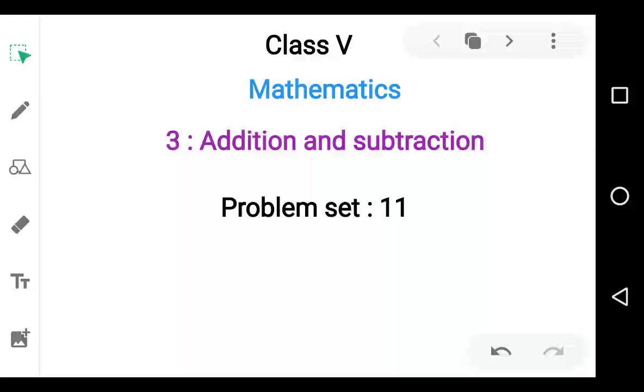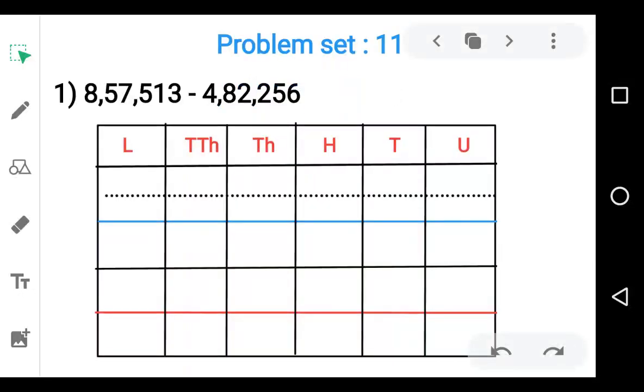In the last video we learned how to subtract 6 or 7 digit numbers. Now we solve problem set 11. Here it gives two numbers, and we have to find the difference. So the first question is